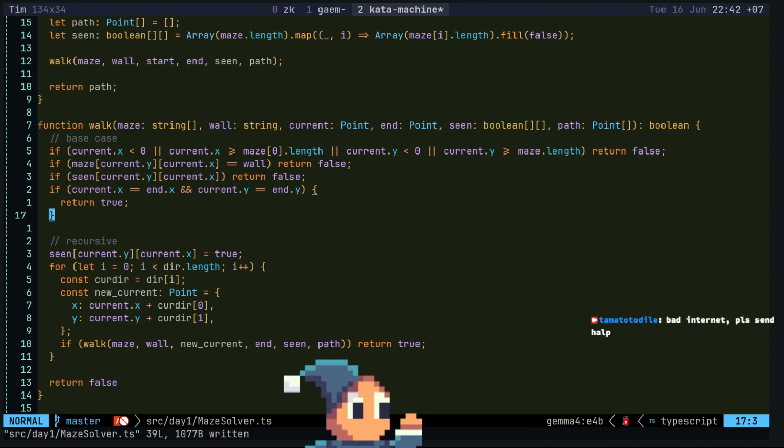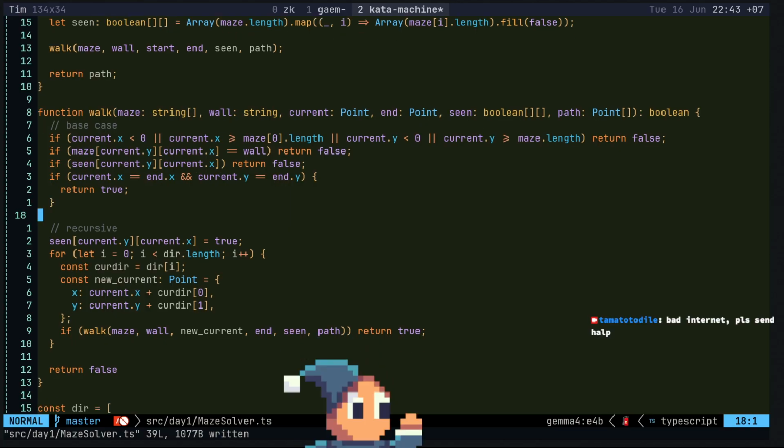We need to append the path. Where are we appending the path? Let me see.